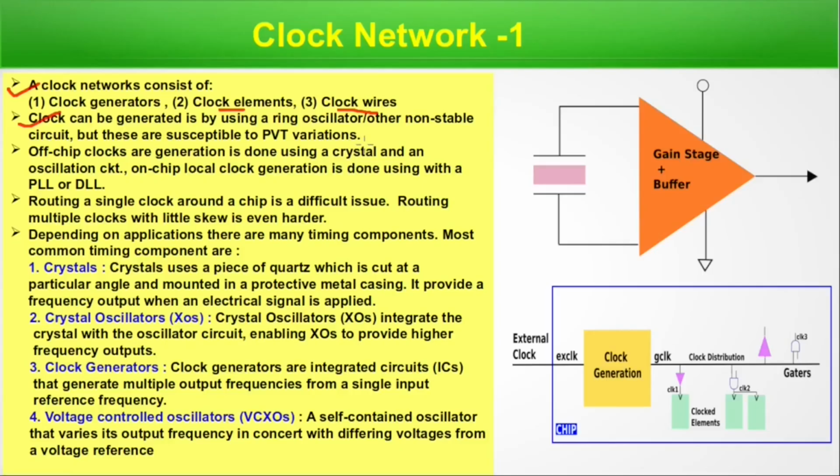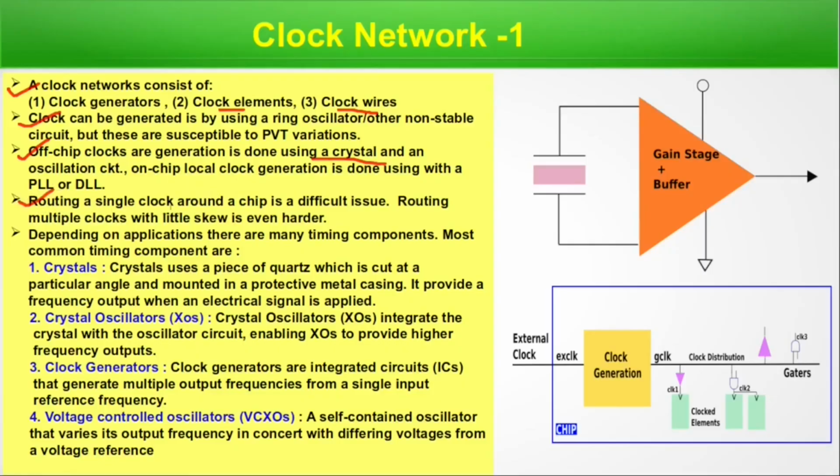PVT we know: process, voltage, and temperature. These are the basic three reasons for variations. We have discussed PVT variations. We have many episodes on PVT variations and variability. In the episode on variability also, we discussed in great detail variations and their impact on device performance. Clock is important for a chip. Also, that clock can be generated on chip or off chip. There are two types of generation. Off chip clock generation is done using a crystal and oscillator circuit, and on chip clock generation is done using PLL